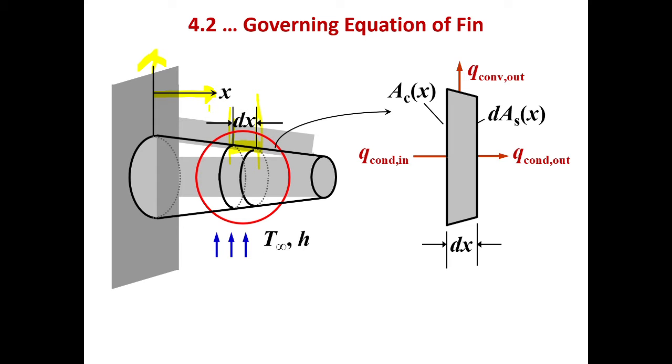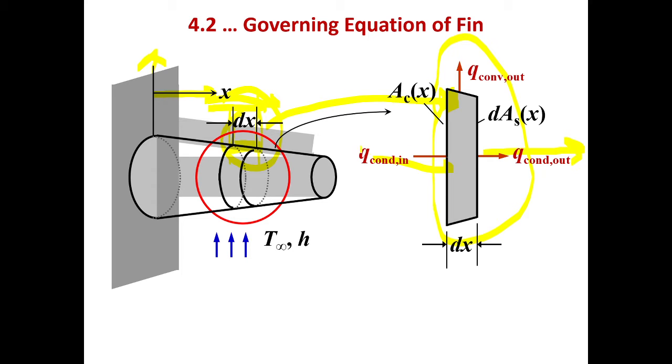It is the x direction along the length of the fin. So it is the length of the fin, and it is the height of the fin. So we take a surface area, or we can say that we take a small part of the fin, that part of the fin we zoomed in on in that picture. So here is Q transfer, Q conduction inside and Q conduction outside.